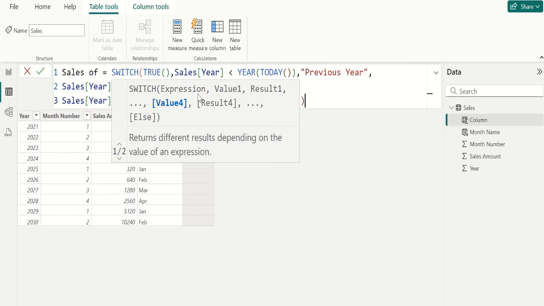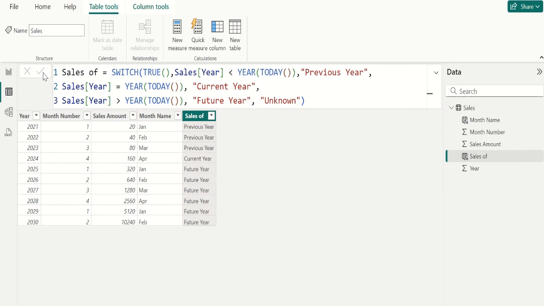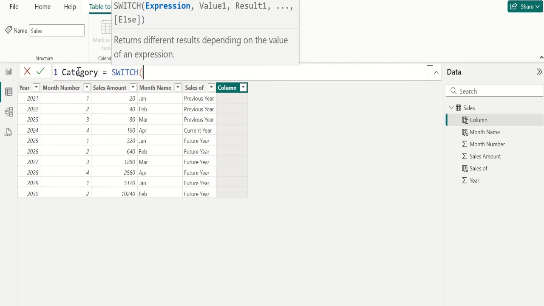Close the parenthesis, double quotes, and commit. This returns value based on the condition provided. The order of values matters. For example, create another calculated column and name it as category. Then we use the SWITCH and TRUE,